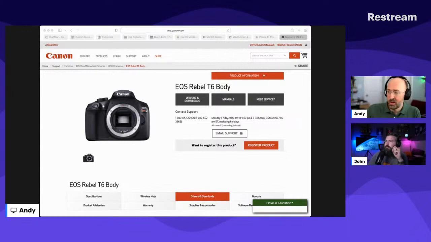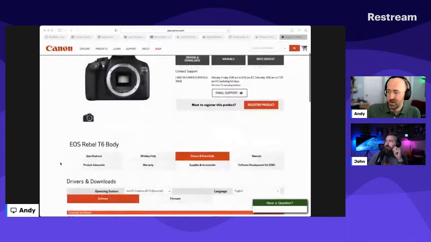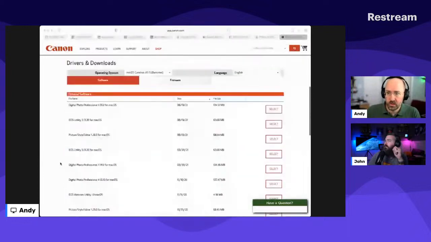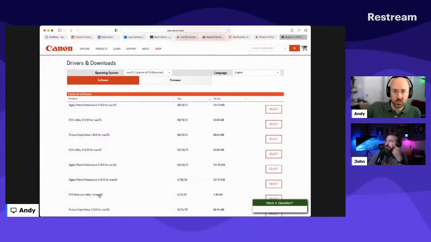So I have one of those, and what Canon did, and they were one of the first ones to do it, and then a lot of the other manufacturers followed, was they updated their drivers and their downloads, and they specifically released webcam utilities. So there's a webcam utility that you can install on your computer, and it'll make that digital camera function as a webcam.